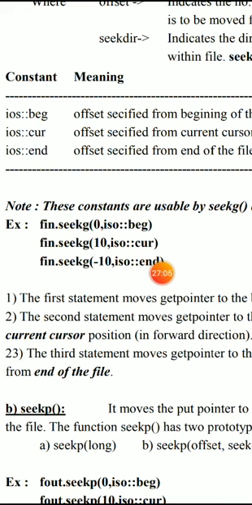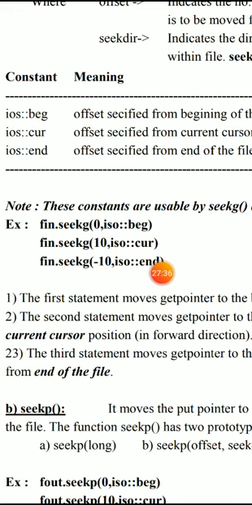So the second one, fin.seekg(10, ios::cur), means from the current cursor position it will move the get pointer to the 10th position. Initially the get pointer position is at 0, and when you execute the second statement, it will take the control from the 0th to the 10th byte or character position.